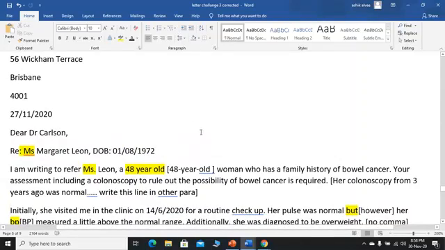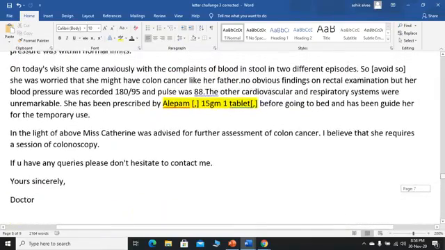Okay, so these are some of the letters that you have written. And I think I have evaluated all of the letters that we have written in the case note in the post that we gave for the letter challenge 3. And I hope that you all will benefit very much from this session.